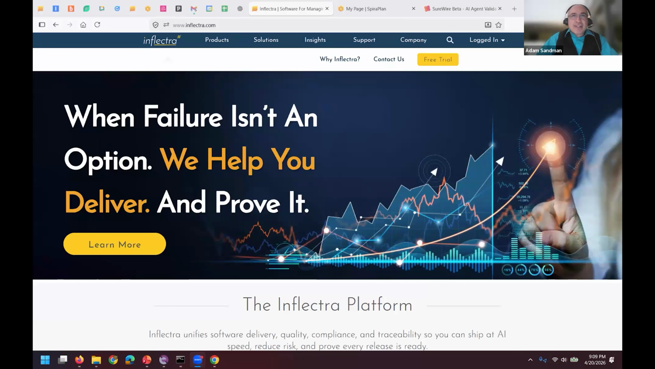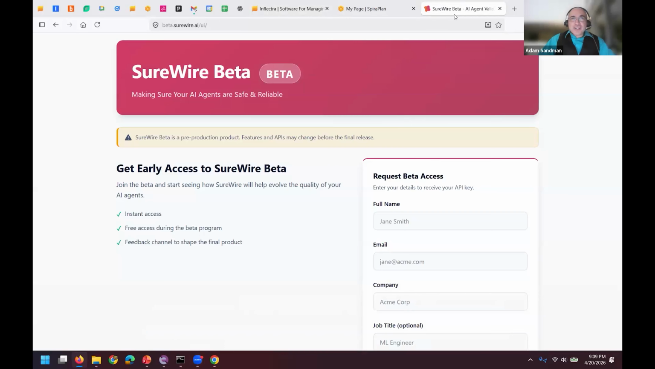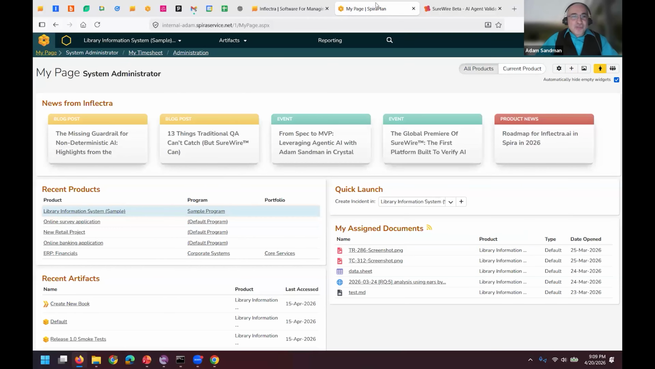So first thing we'll be talking about a little bit is Inflectra AI in Spira, and then we'll talk about test automation, how we're using AI to really speed up automation and do self-healing. And then after that, we've got a sneak peek over here of SureWire, our beta version of our new agentic testing tool. But first of all, for those, again, who are not as familiar, Spira is the central hub for